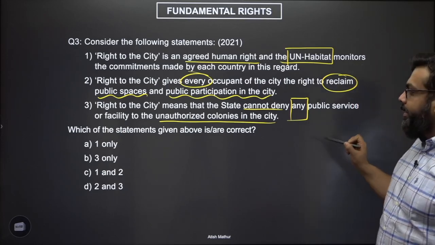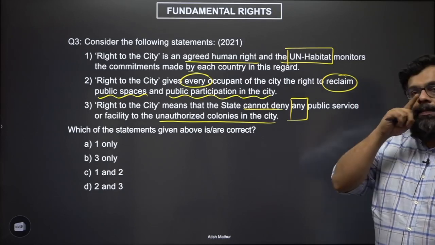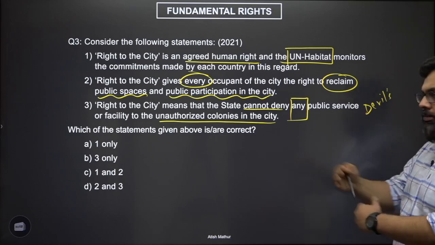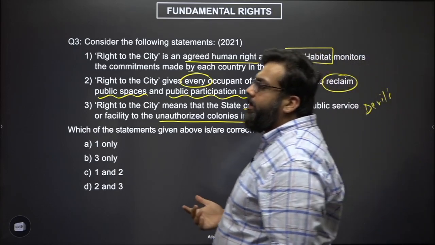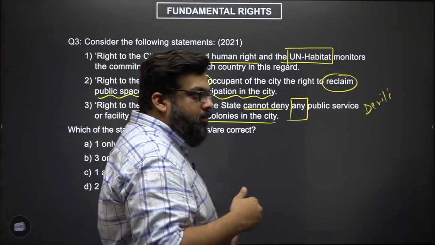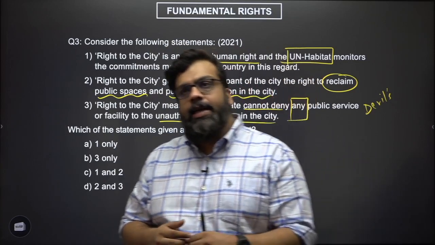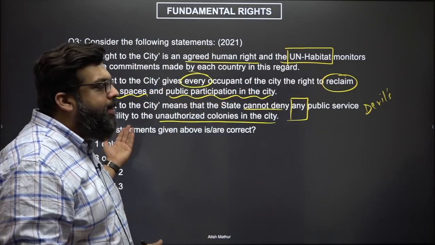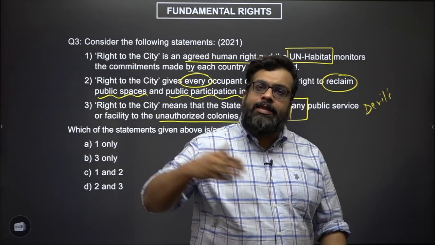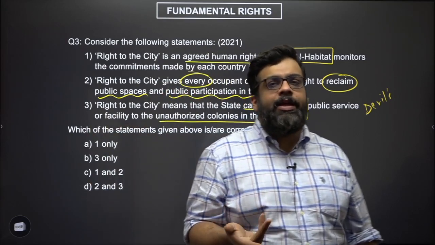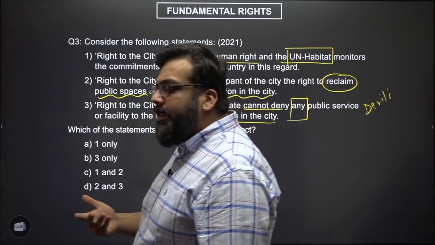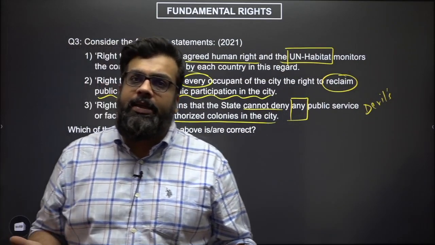Right to the city means the state cannot deny any public service. Apply the devil's theory and societal context. This means illegal colonies, illegal houses, encroachments which are illegal in nature should be given the same benefits as everybody else. So if you have an illegal dwelling which is stealing electricity, they should still be continued to be given electricity. They should still be given road access and all other social and civic amenities despite the fact